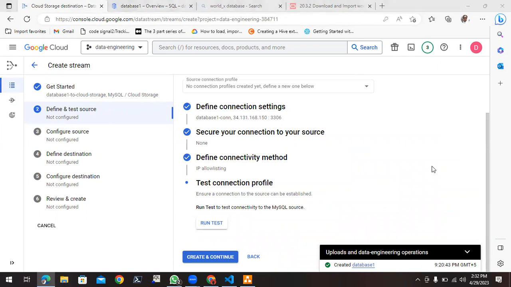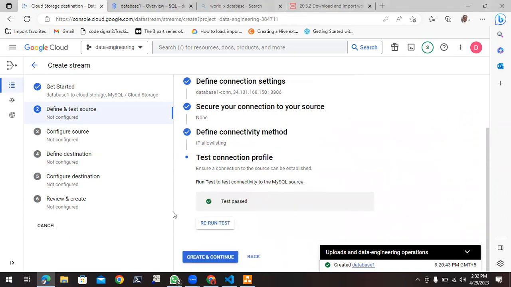Now in this continue, we get the option run test. We will run this test to see whether the test is successful or not. So we'll wait for a few seconds to get the updated information. You can see it is saying test is passed. So the configurations we have given are fine. Okay. Now there is an option called create and continue. We will click on this one,